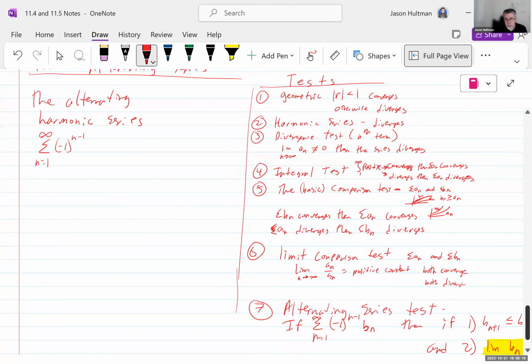I do n minus 1 because I just want the first term to be positive. If I did n, then the first term would be negative. So with n minus 1, the first term is positive. The alternating harmonic series is convergent